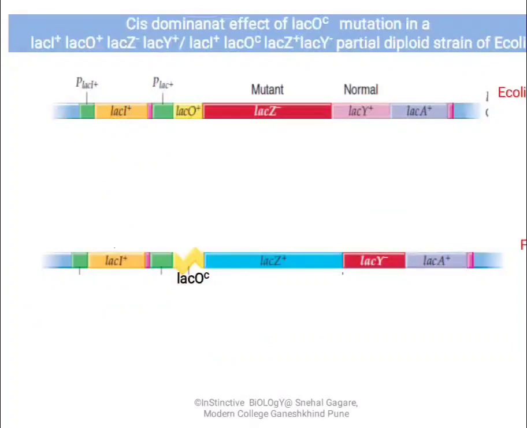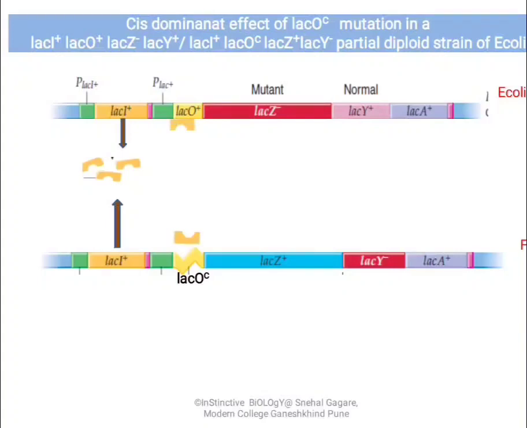Now this is a bacterial cell which is a partially diploid E. coli strain. Here we can see two lactose operon copies, one of E. coli itself and another from the plasmid. So the genotype contains lacI plus, O plus, Z minus and Y plus from the E. coli cell, and from the plasmid we have Oc, a constitutive expression. Why? Because there is a mutation in O producing Oc, and this mutation causes it to be unable to recognize the